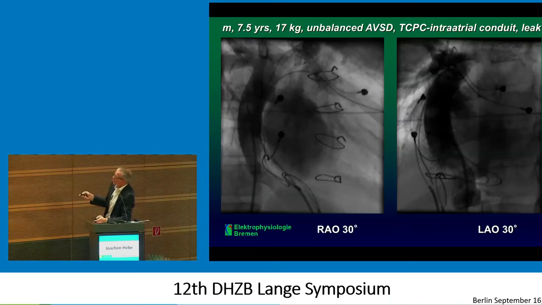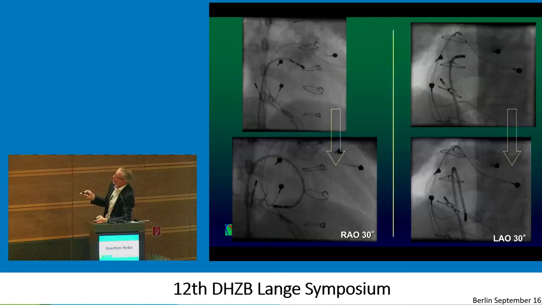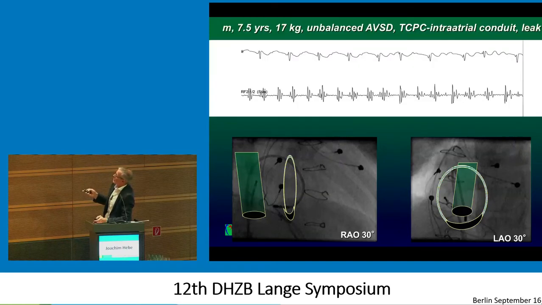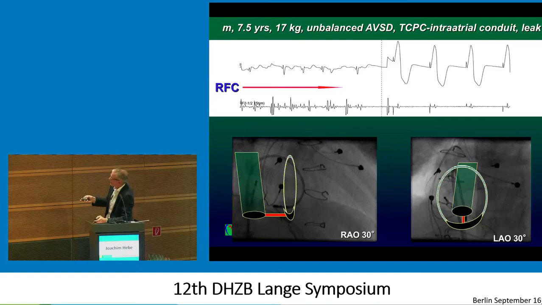And the tachycardia, for sure, always takes place in the area which is around the tricuspid valve annulus and the insertion of the inferior caval vein. And I just guide you through these pictures. As we have seen, and this is the tunnel, this is the tricuspid valve annulus, and this area is the cavo-tricuspid isthmus where typically the tachycardia takes its way through. This is on the LAO plane. This is nothing very special. The only special thing is to come there and to make, let's say, the diagnosis, giving current, and for sure we blocked the tachycardia just by producing a linear lesion along this